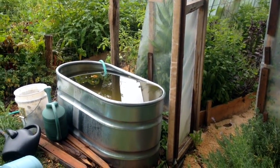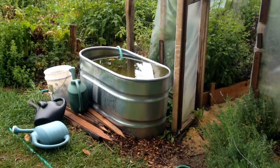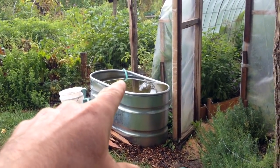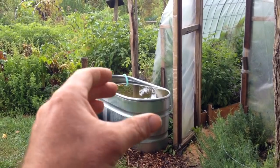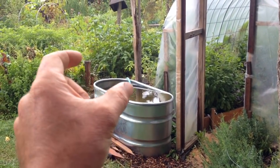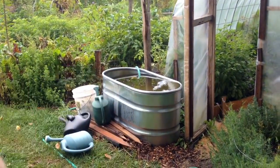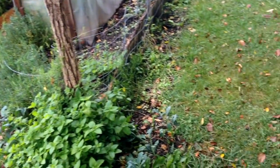You'll say, well, wait a minute, where the heck is all that water coming from? You can see we've got our watering cans here. So with rainwater, the rate of flow is super slow. So I've learned over time to have large containers staged strategically throughout the garden that we can run hoses to, that the hoses go back